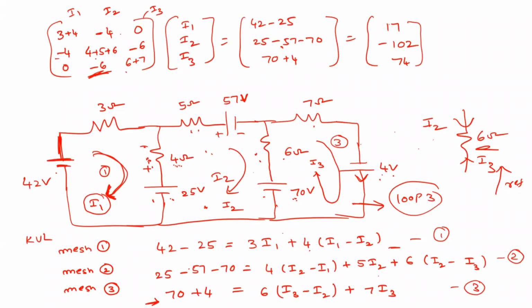So we studied how to analyze if you have 2 loops, and how to analyze if you have 3 loops. Next, how to write the equations or the matrix just by inspection. Inspect the circuit and try to write the matrix. Clear? So next is how to solve this when you have dependent sources. So far we have not come across any dependent source. Now we will see how to solve this. Remember, this inspection method of writing will not be applicable when you have dependent sources.